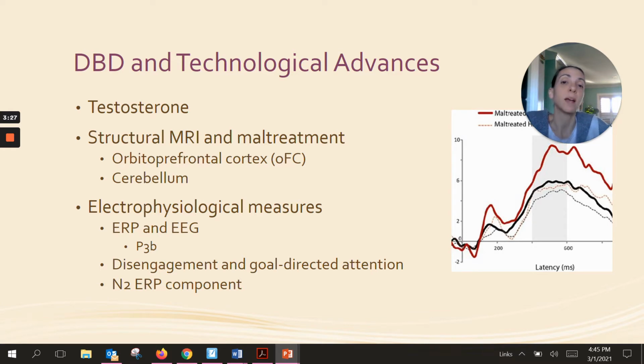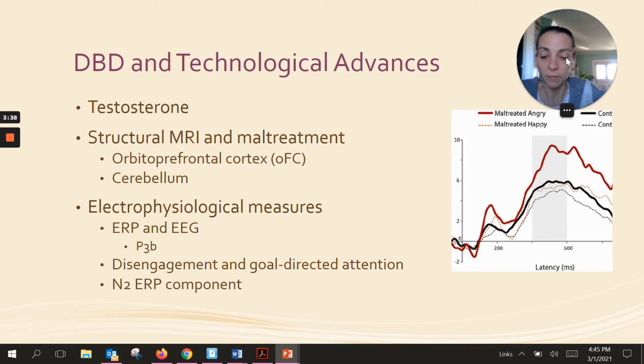There have been many technological advances for disruptive behavior disorder, and the first is testosterone. We've known for a while that testosterone has been linked to aggression. However, molecular structure, receptors, and the location of receptors in the brain have now been specified to add to the information that we have about that link to aggressive behavior. And they test this by assaying serum or saliva concentrations, and they look not only at testosterone, but they also look at cortisol, and cortisol is our stress hormone.